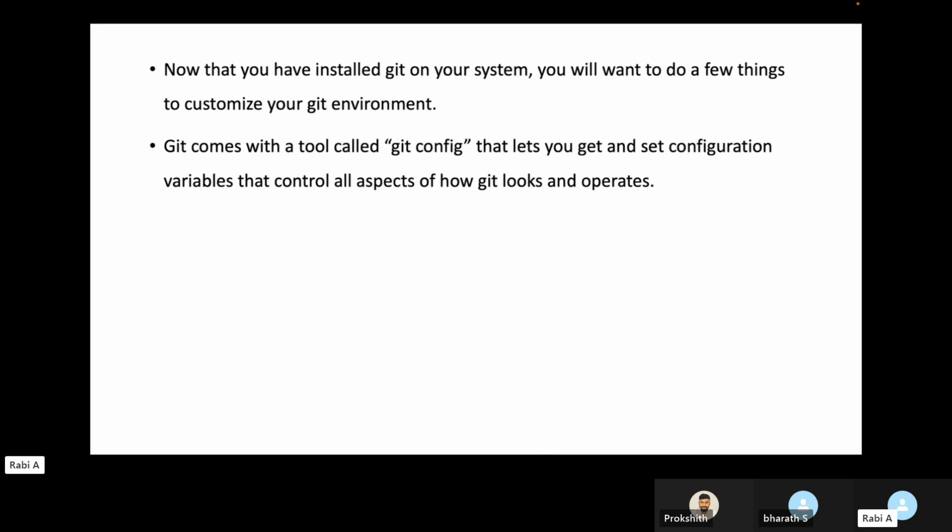So, imagine we have three of us working in a project. Let's say I will make some change, Prokshit will make some change, Bharat will make some change, and we start pushing our changes to GitHub. Now, when we push our changes to GitHub, GitHub should understand that, okay,